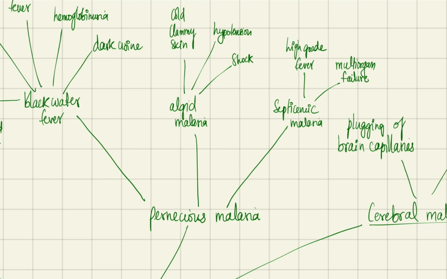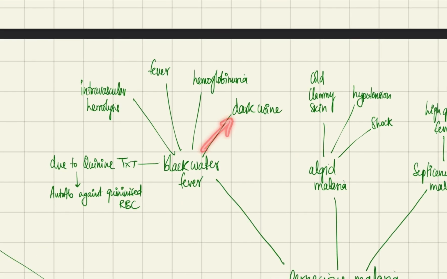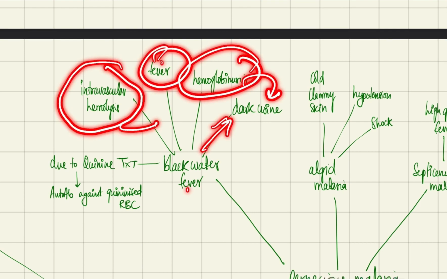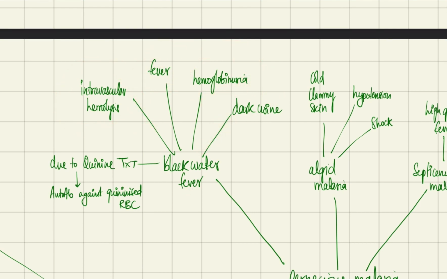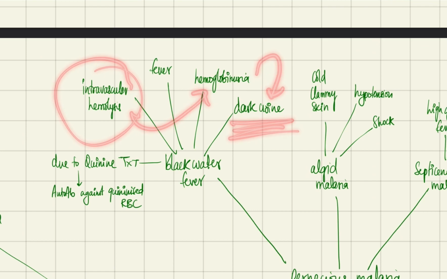So coming to septicemic malaria, here you get multi-organ failure with high-grade fever. In algid malaria, you get shock, hypotension, and cold, clammy skin. Okay, and black water fever, as the name suggests, there will be dark urine, there will be hemoglobinuria, there will be fever, intravascular hemolysis, and so as you can see, all of this is connected, right? The intravascular hemolysis will cause the hemoglobinuria, which appears as dark urine, and there is definitely fever because the RBCs